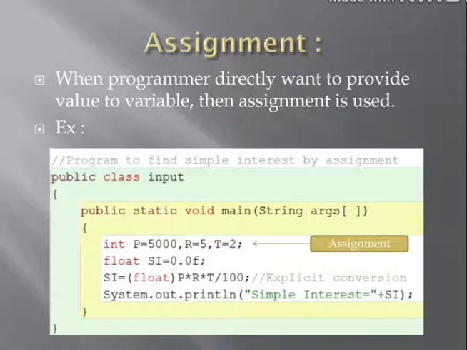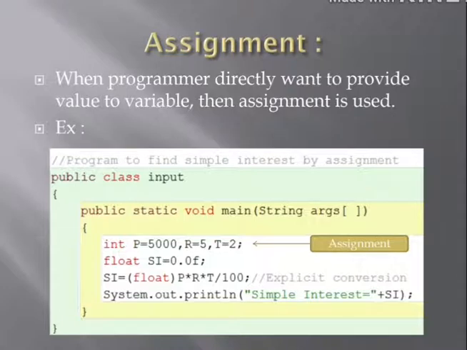And after that, I had written the formula of simple interest, which is p into r into t upon 100. You all are familiar with that. And remember, p, r, t and 100, all four things are integer. That's why now in front of us we have a pure integer expression. All are integer, that's why we are getting an integer value only.